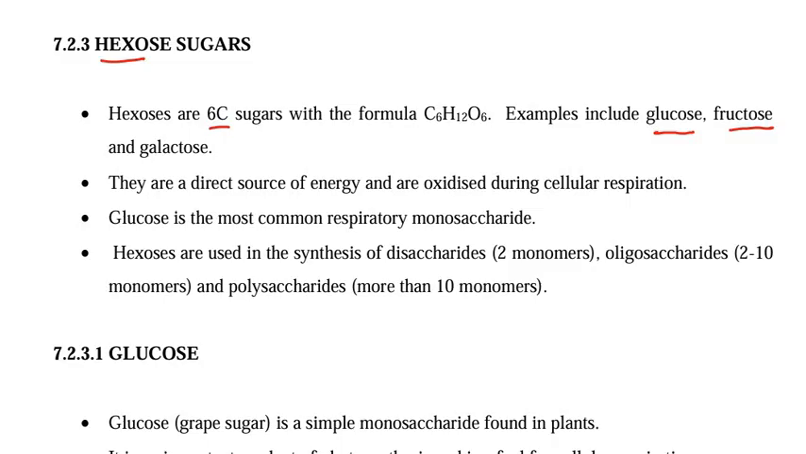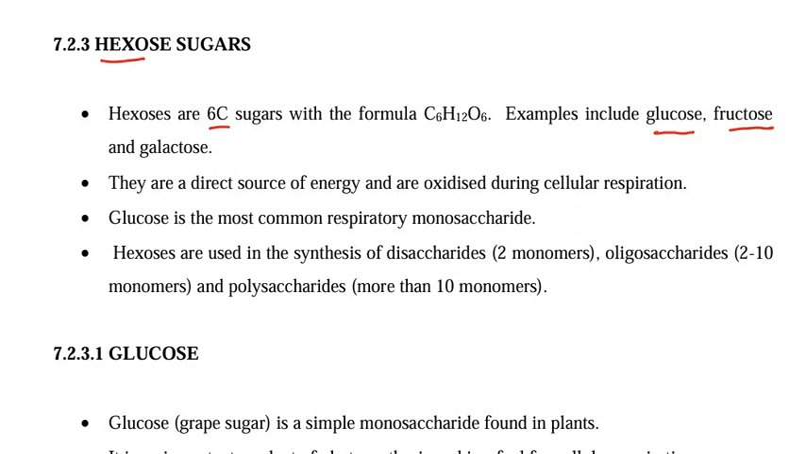Hexoses are used in the synthesis of disaccharides. When you combine 2 monosaccharides, in particular hexose sugars, you will form disaccharides. Of course, there are other monosaccharides, but the common ones that we'll be using to create disaccharides are mostly hexose sugars, because these are very important, and you did learn this somewhere in high school. You did learn the combination of what these give us. For instance, if you talk about